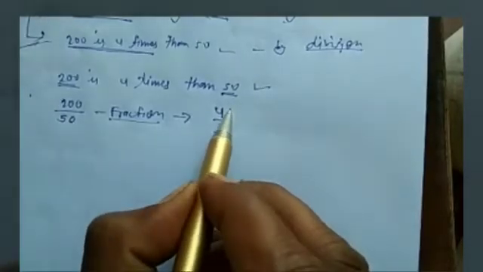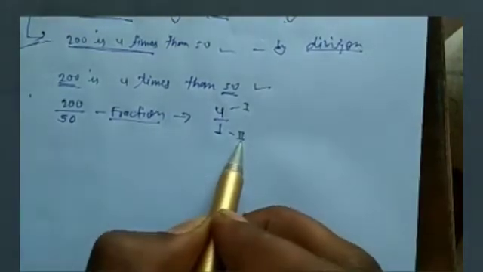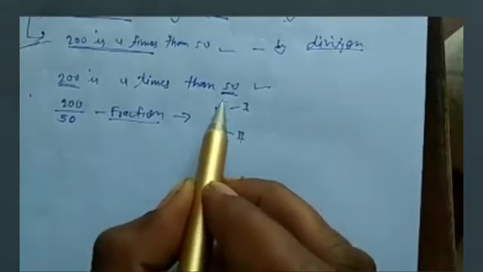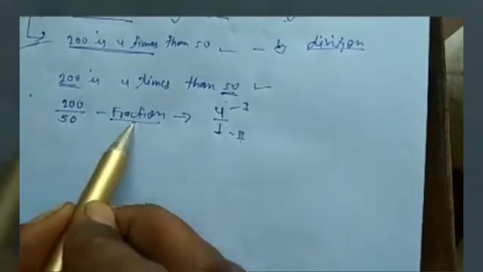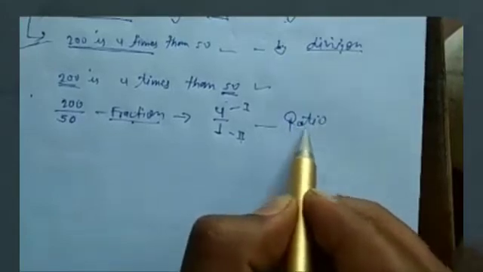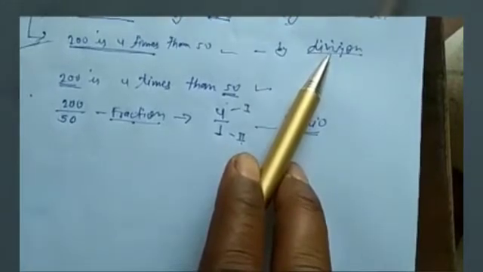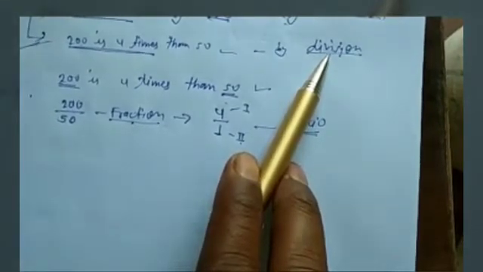This is called the first quantity and this is called the second quantity, which means first term and second term. So the first term is 4 times the second. This relation, the lowest term of a fraction, is called a ratio. When we compare two numbers by the division method, the relation of the two numbers is called a ratio, in which one quantity is divided by the other.